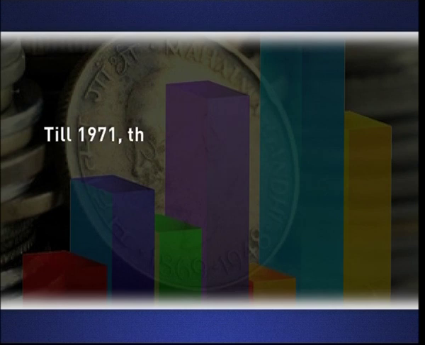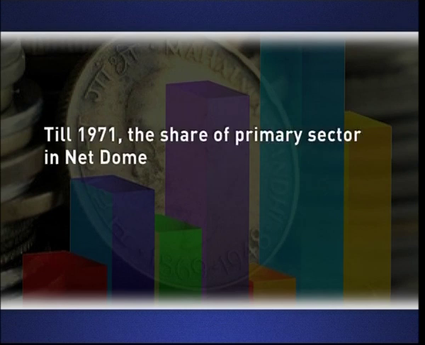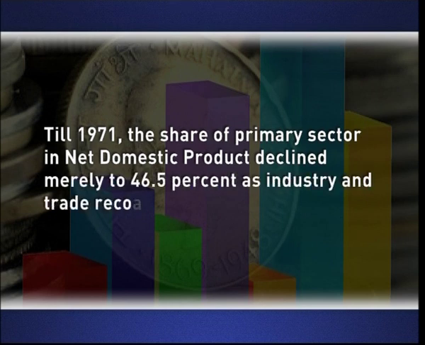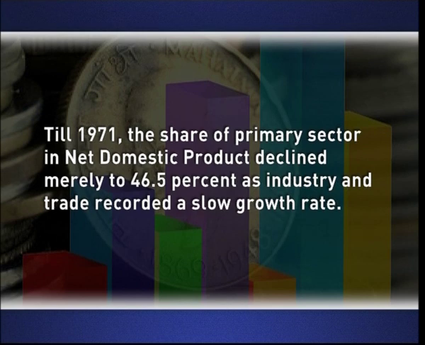Changes in the sectoral distribution of income in India are not totally in line with structural changes historically observed as economies transform from an underdeveloped to a developed economy. Till 1971, the share of primary sector in net domestic product declined merely to 46.5% as industry and trade recorded a slow growth rate. In the following 4 decades, despite increase in volume of agriculture production, share of primary sector in national income declined sharply to 15% by